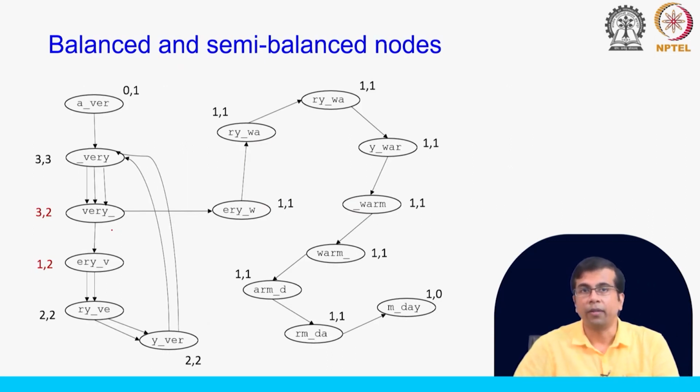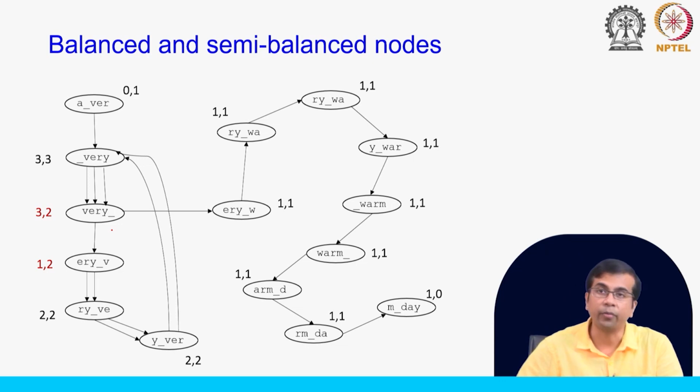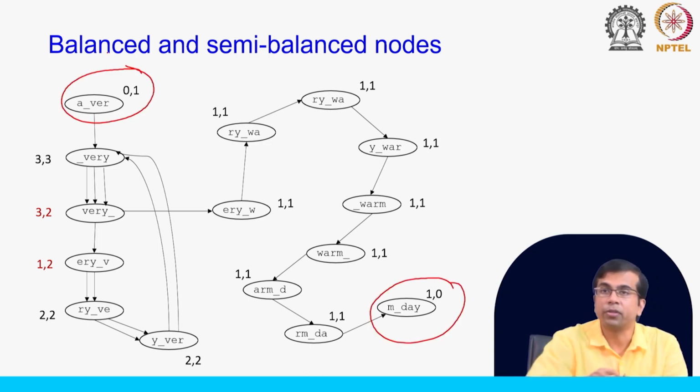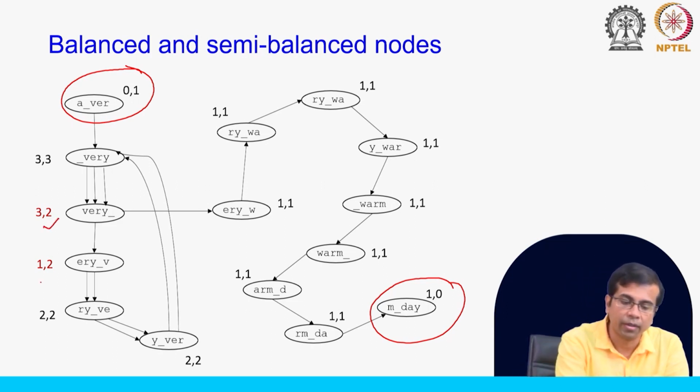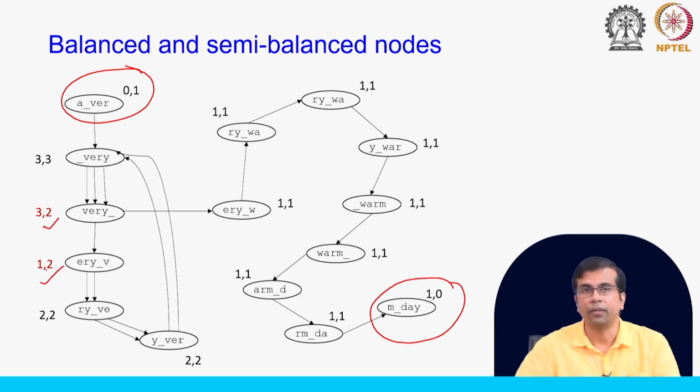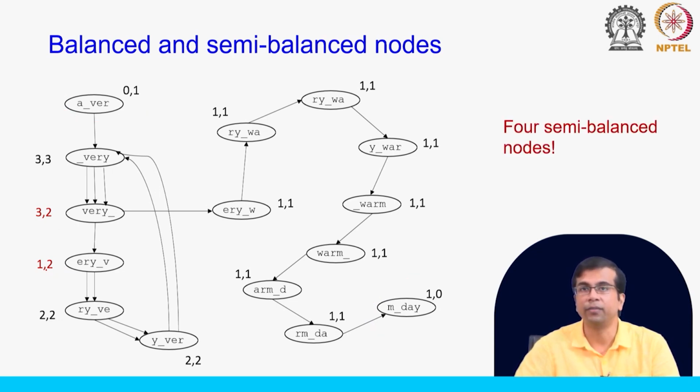Now, the moment this read is removed, what you see is that we have created two other nodes that are also not balanced. We had two nodes that were semi balanced, but we have now created two extra nodes that are not balanced either, because of the removal of this edge. You can see the in degree is not equal to out degree; they are semi balanced, the absolute difference is 1. Which means in this connected graph we have 4 semi balanced nodes,